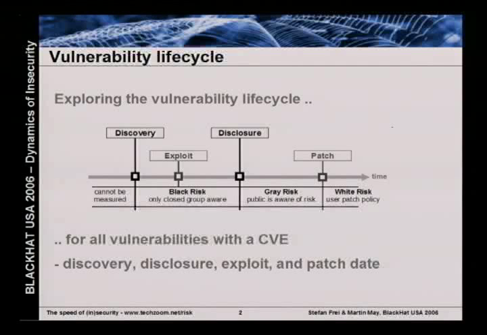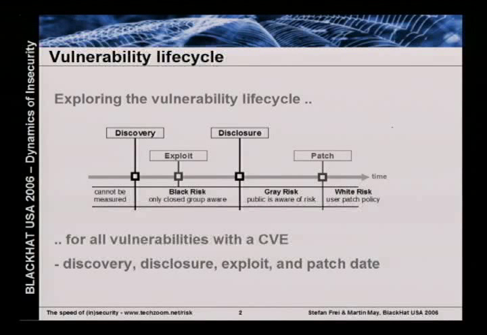Mainly, we consider a vulnerability all of those which have a CVE entry. But the problem is that the data you get from a CVE entry is only the disclosure date, and for us that was not enough for this risk modeling. So we started looking around, figuring out what else we can use and how we can use the data. What we're going to present here is not the result of the risk modeling, but we gathered so much data and found some interesting results. They are initial results, and here we want to get some